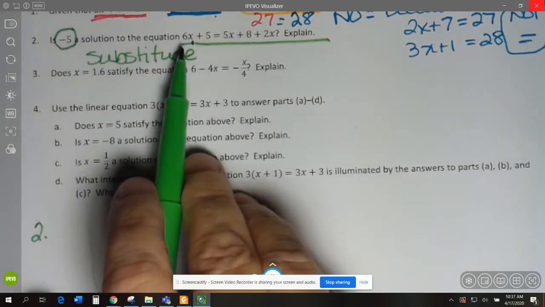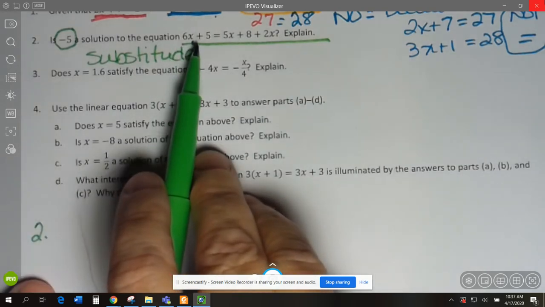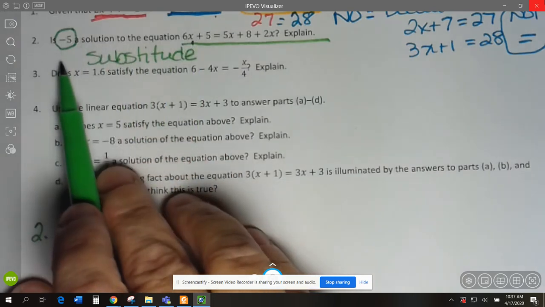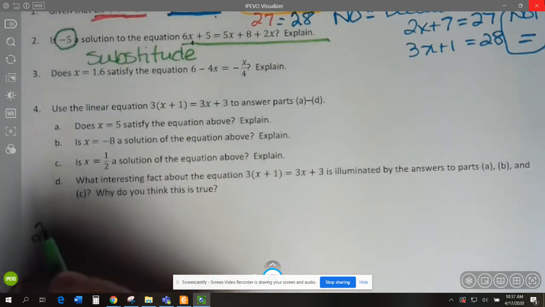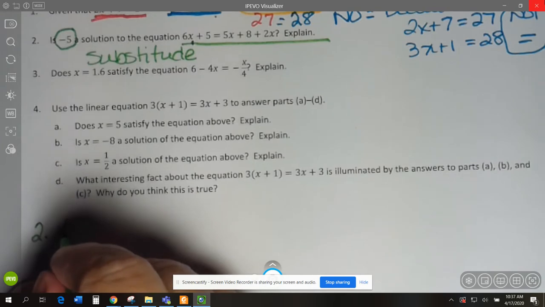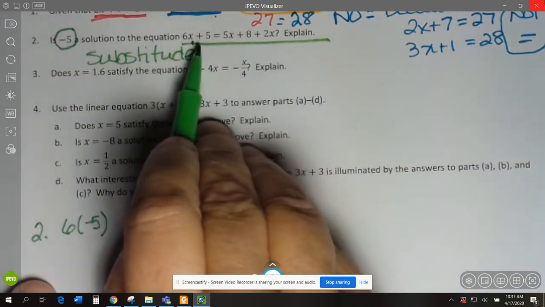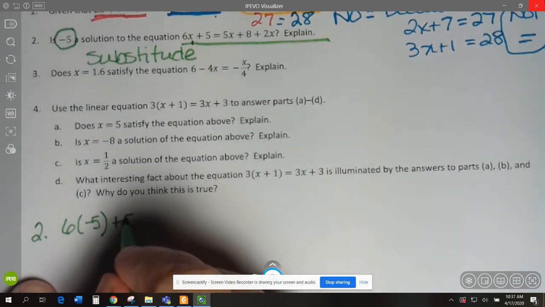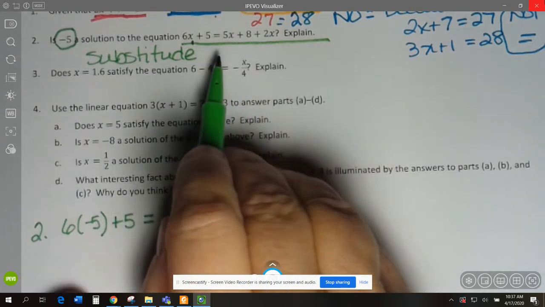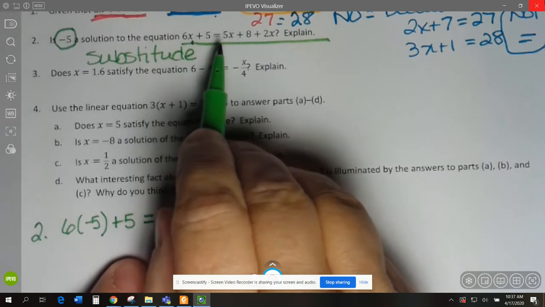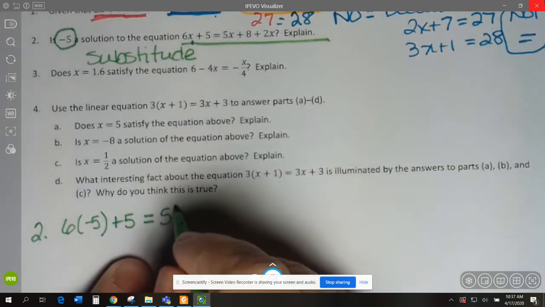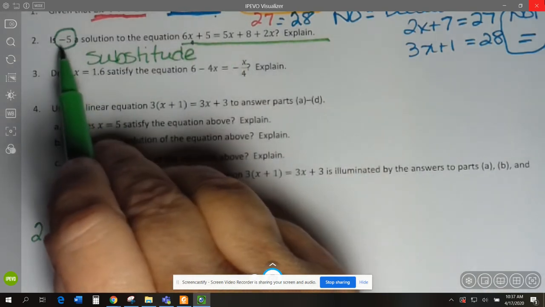So looking at the equation, I have 6x, but for x, I'm putting in negative 5. So I'm going to have 6 times negative 5 plus 5 equals 5x. So I'm going to have 5, and in place of that x, I'm going to put, again, negative 5